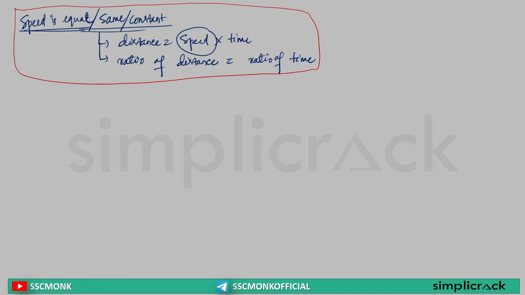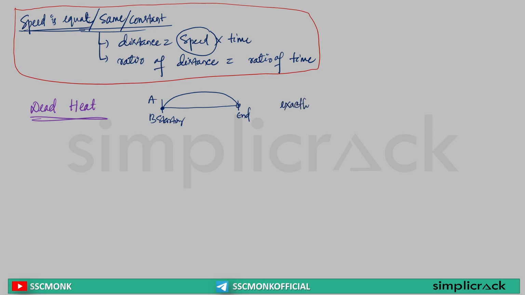Now there are a few terminologies, or you can say the types, that are used. The first thing is known as dead heat. What is a dead heat? A dead heat means if A and B are running from this point, the starting point, and they reach the end point at the same time,